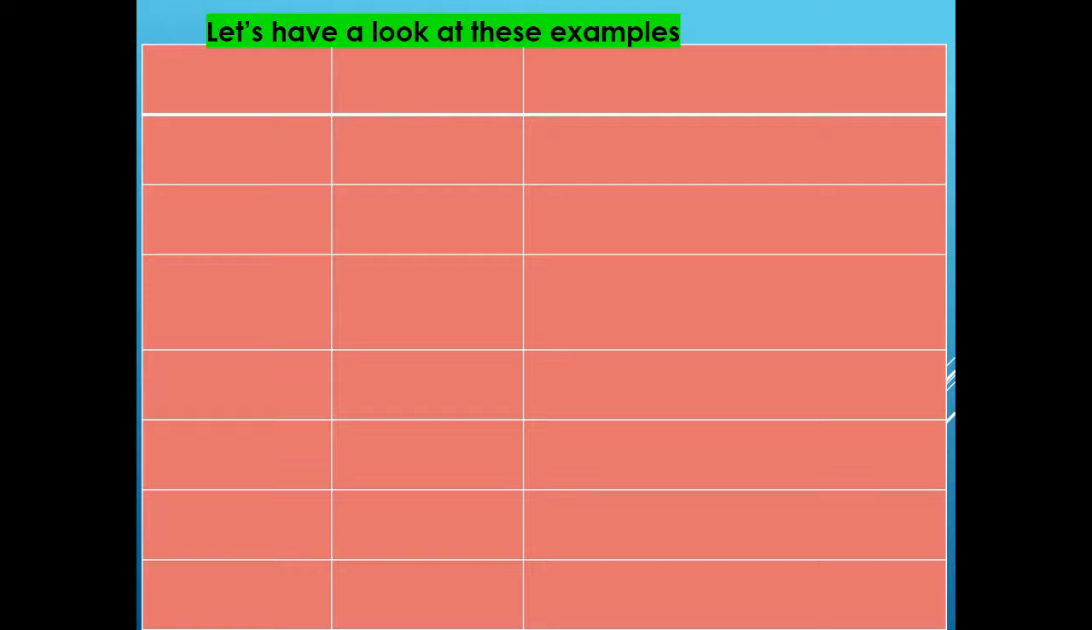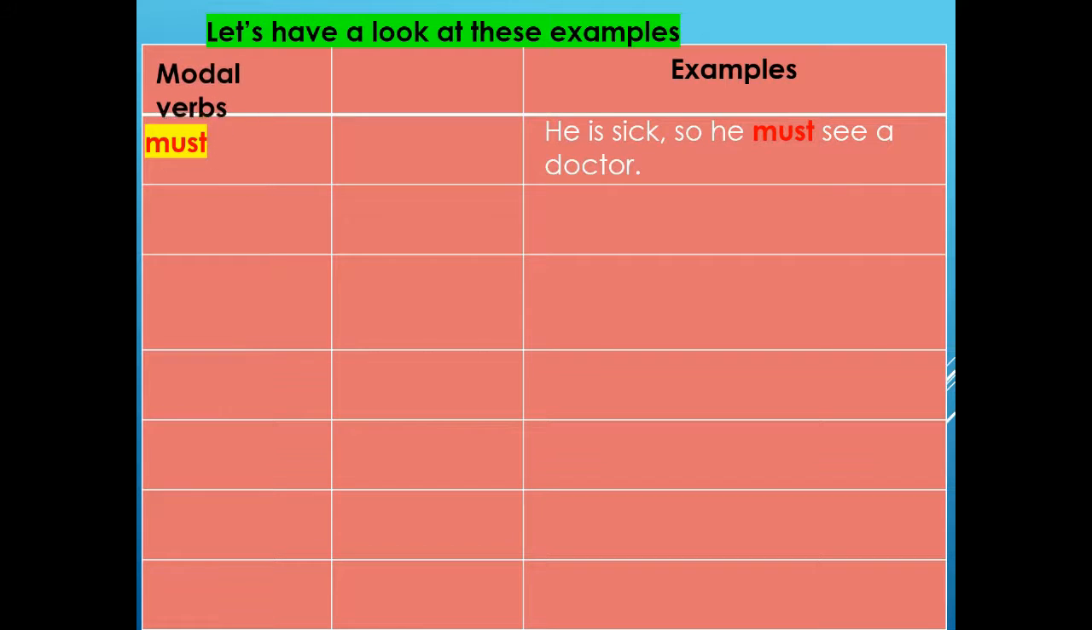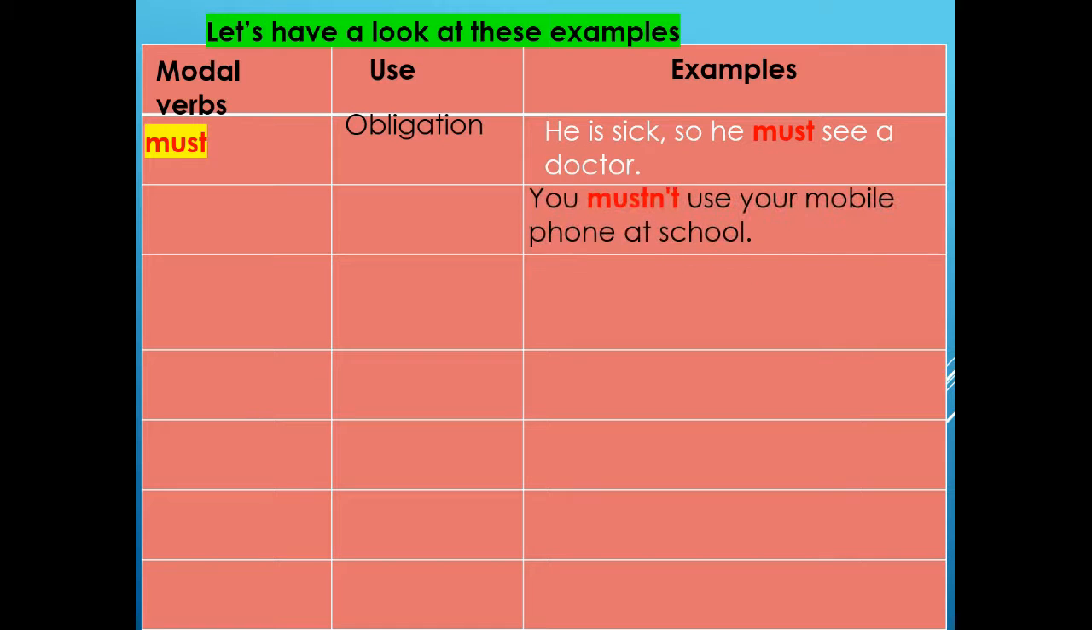Now, let's move to the next slide. Let's have a look at these examples and study them. Example number one: he is sick, so he must see a doctor. The modal is must, and the meaning is obligation. The second example is you mustn't use a mobile phone at school. The modal in this sentence is mustn't. Its function or its meaning is